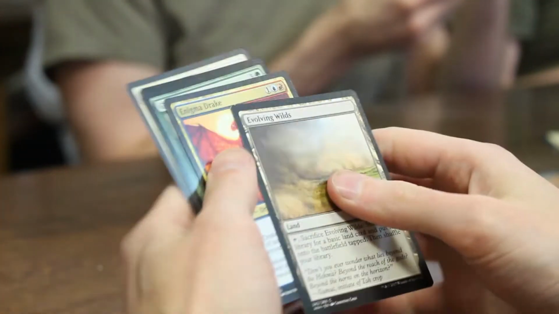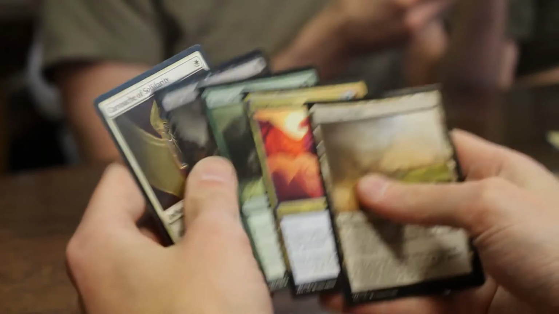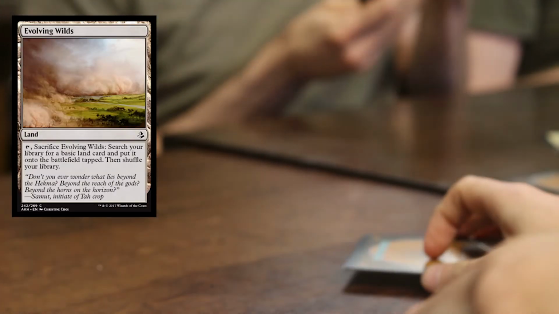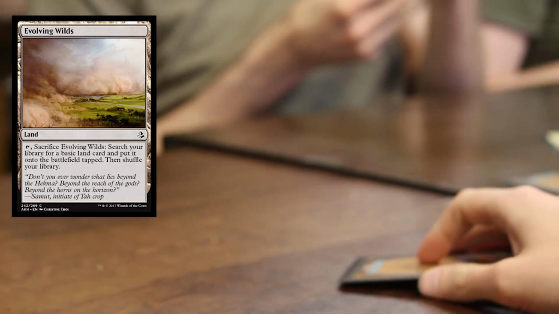I think you either want to be really aggressive and tempo-y, or you want to be slow and get to that bomb. Ooh, second Evolving Wilds pick. Yeah, so I've got some opportunity to splash some weird stuff. Gideon's Intervention. Double white, sure, why not? Yeah, at the end I got set up. I could have splashed for something, which probably would have been better, but